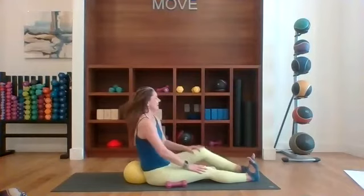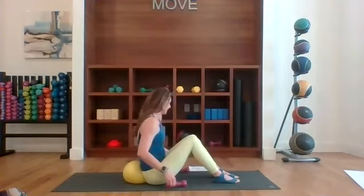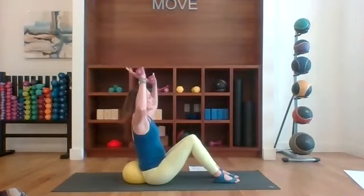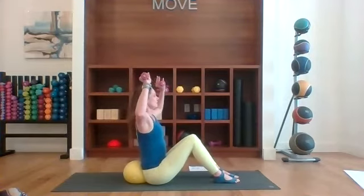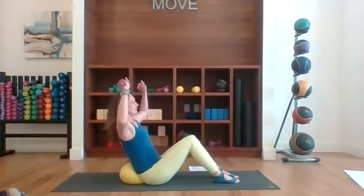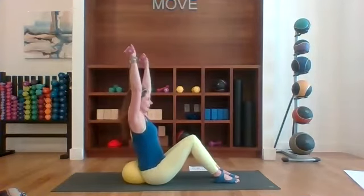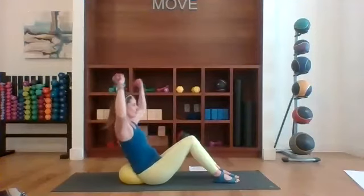Great job. Next set. Bring those knees in, feet flat. This time we're going to hold our arms into a goalpost position or goddess. Elbows up high in line with the shoulders. Again, if this starts to feel too aggressive, just sit up tall for this whole series. Bring that navel in towards the ball. Otherwise, we're going to come back, then lift. Back, and then lift the arms for 8, 7,